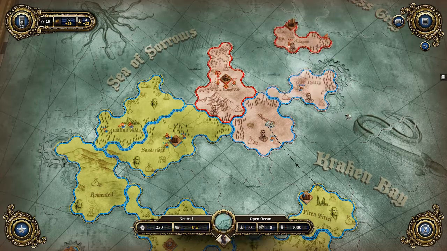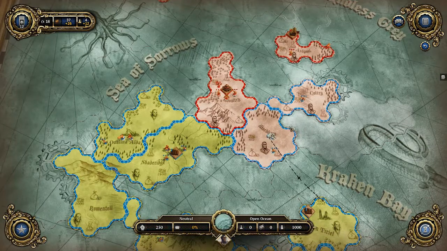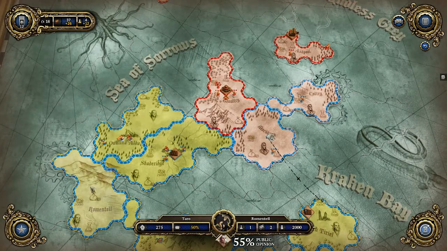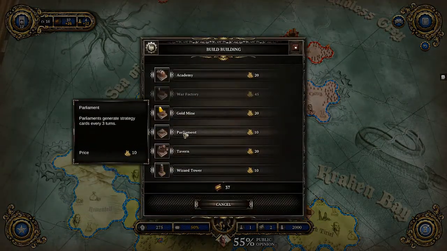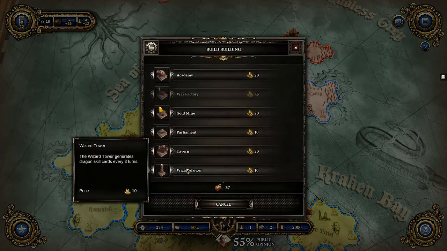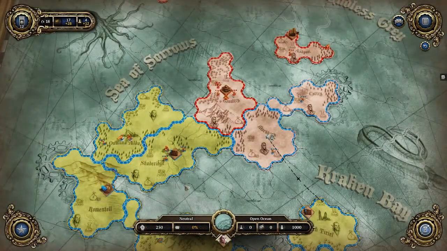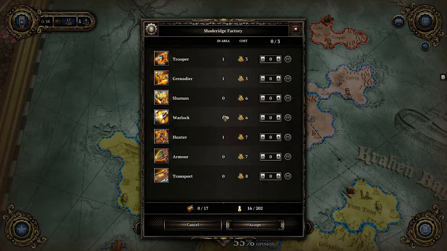Now, this place is now unguarded. Well, no, it is guarded, but it's not as guarded as it probably should be. But I feel like building here is a good idea. I don't know. Oh, let's build here. That would be a good thing to build. We get Parliament, we give you strategy cards. That's so-so. I actually kind of want a gold mine. It only gives you 4 gold a turn. It doesn't really add too much, but...